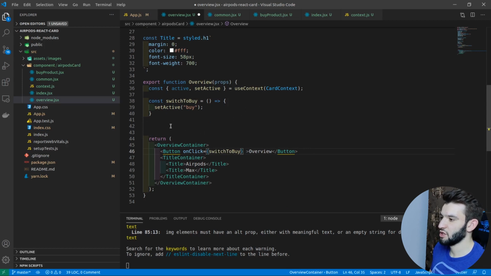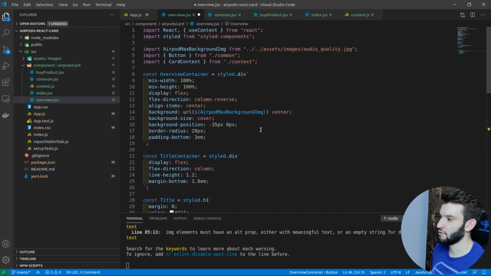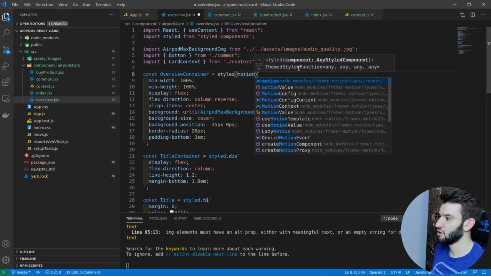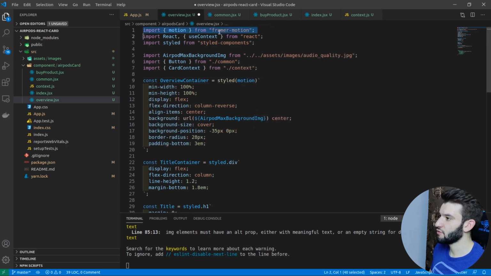It won't do anything pretty much, because we don't have any logic or any if statement controlling this particular animation. Now this is the time we are actually ready to go ahead and use the Framer Motion API and the power of Framer Motion. Now to use Framer Motion, if you're not familiar with that, we need to actually define the motion here, like the container we want to animate. To use Framer Motion instead of the plain div, we still need to use style just to give it some CSS and JS style, but anything other than that, we need to use motion, which is going to be imported from Framer Motion